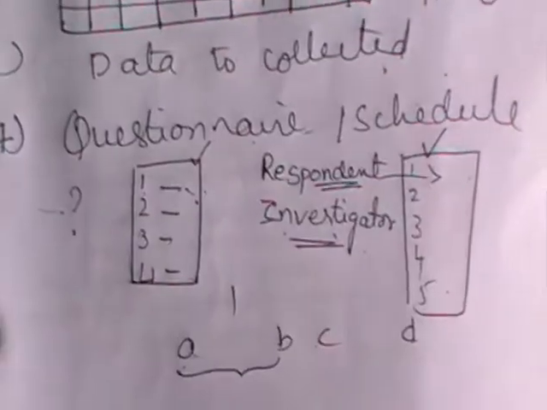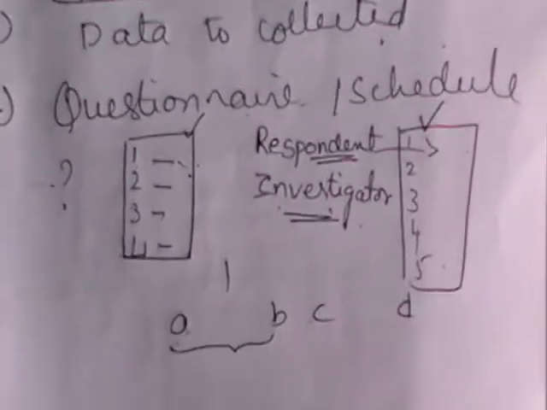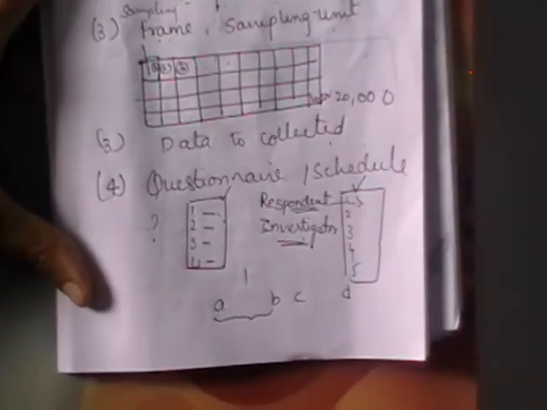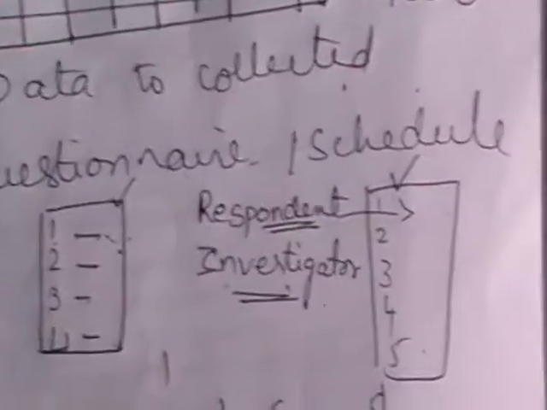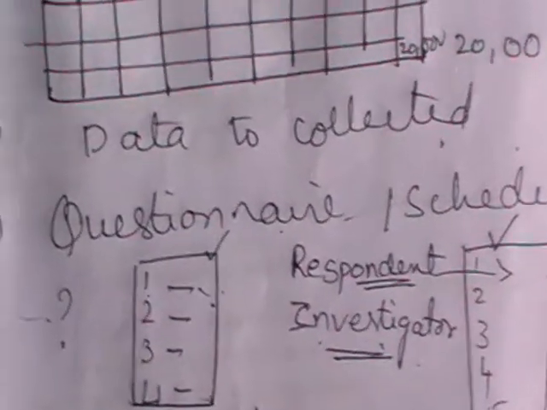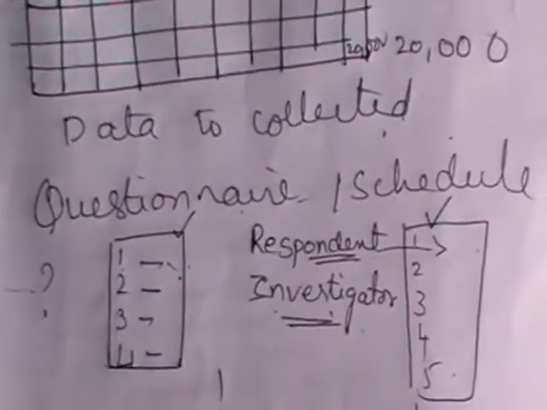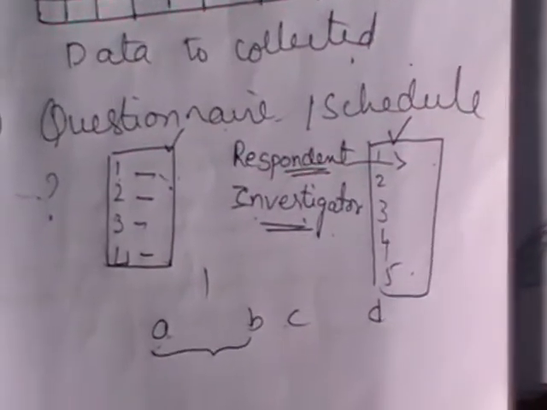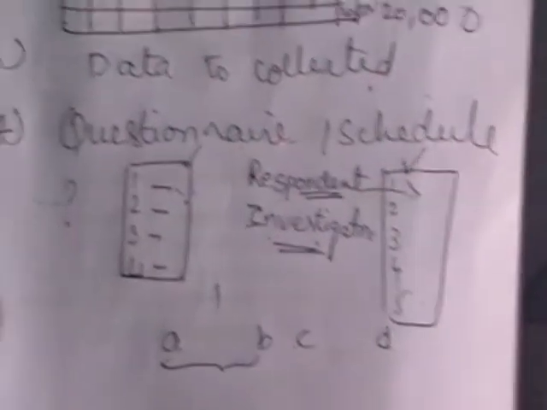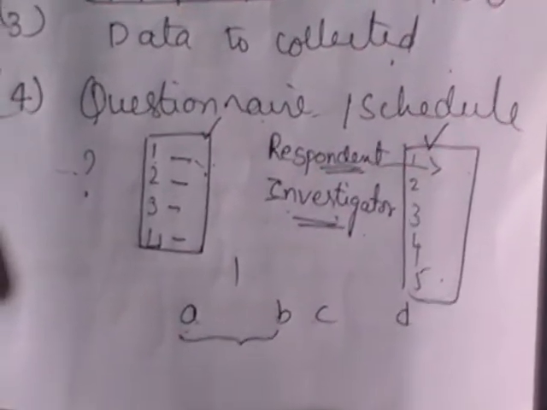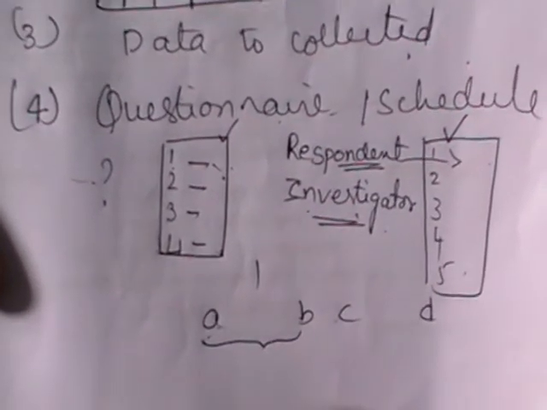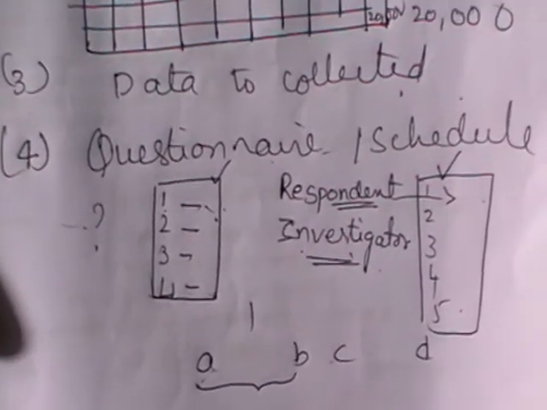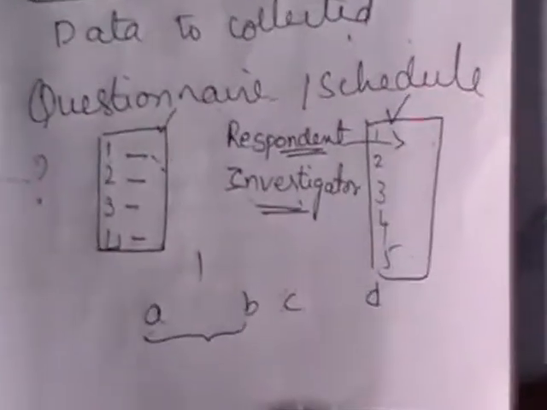The investigator should keep in mind that it should not be a lengthy questionnaire. Let us suppose I am conducting a survey and the questionnaire consists of 100 questions. If I circulate it to the respondents, am I going to get the data? If I give 100 questions and ask them to answer, I won't get correct answers. If I have fewer questions, it will be more effective, and there is a chance that I may get correct and good information from the respondent.